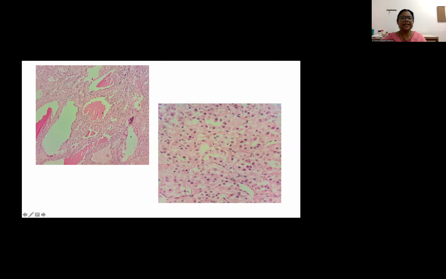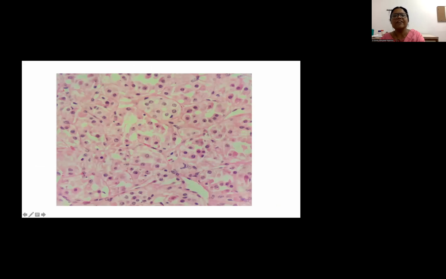The solid area is formed of tubules of varying sizes, and these tubules are lined by cuboidal cells with eosinophilic cytoplasm and nuclei with fine chromatin. We were not in a position to identify any mitosis or any alarming feature in the sections that we studied. So correlating the gross and the microscopy with the tubules and the cyst, we gave a